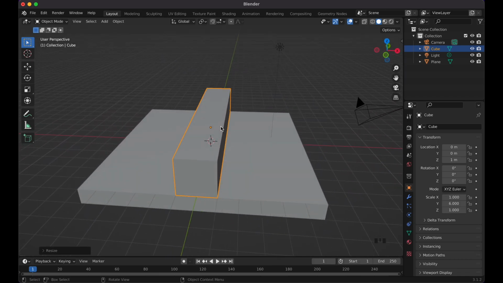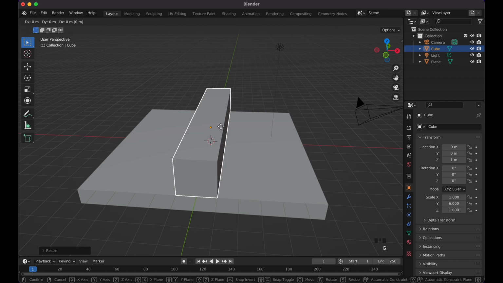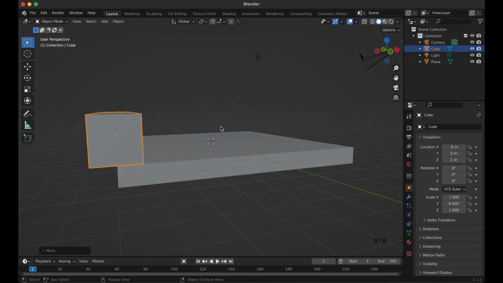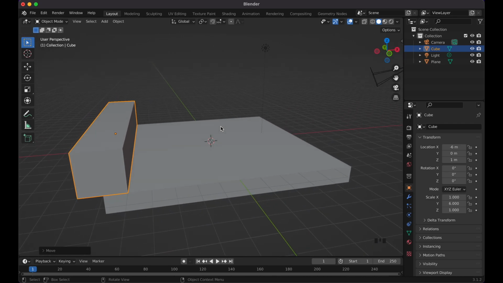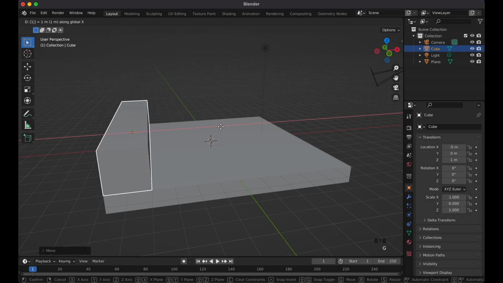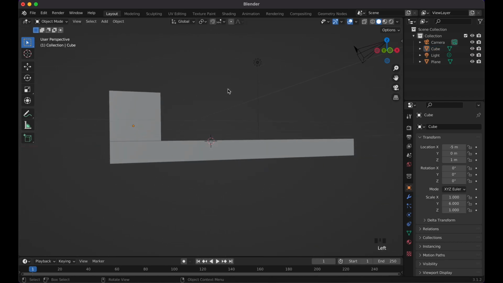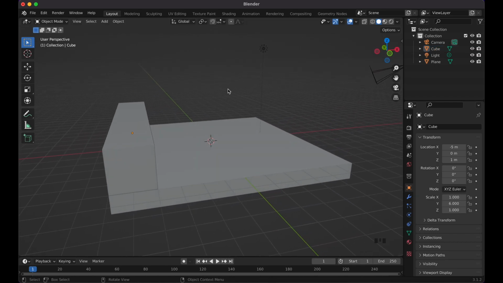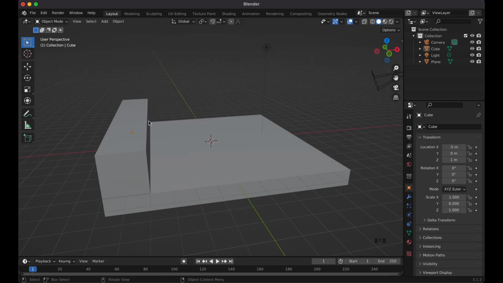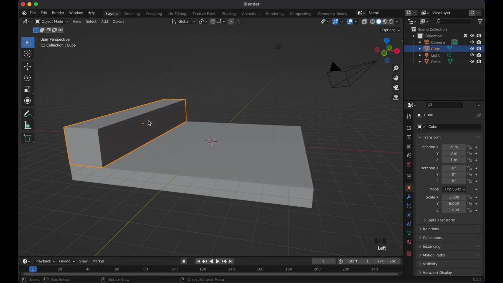And then I can do G, and this is the X, let's try -6. And I think we're off by at least 1. So I can just move it, G, X, let's just do 1. All right, there we go. Again, that's perfect right there. Technically it would have been G, X, -5 if you want to make it exact, but basically this is the